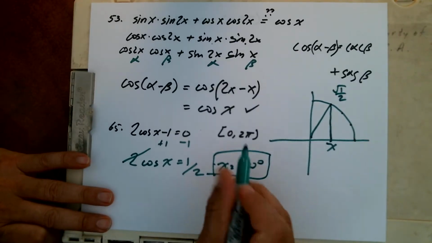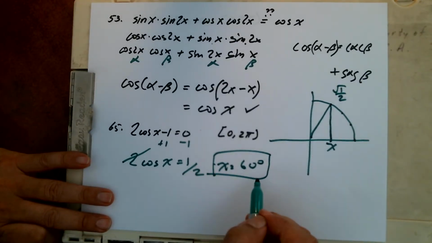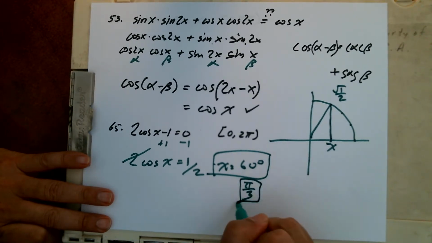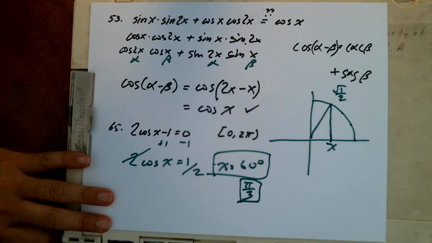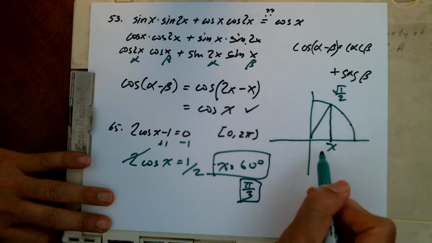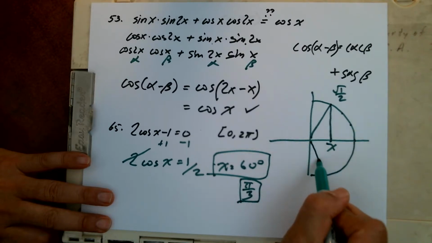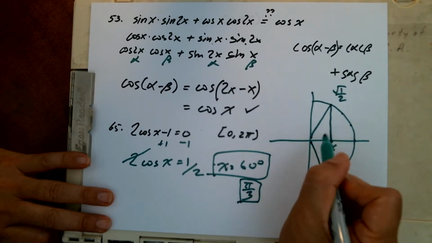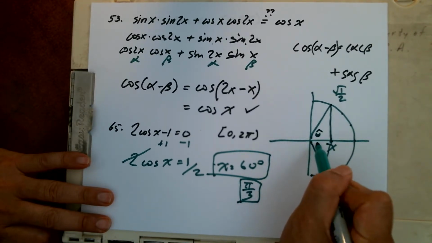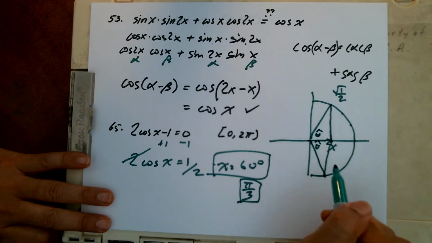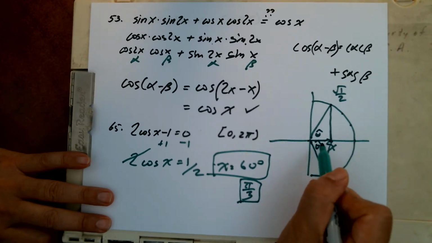If you want it in radians, because they want it in radians right there, 60 degrees in radians is going to be pi over 3. Okay, the next one also is going to be in quadrant 4 as well, right here. It's going to be the same angle. This way here is theta hat, because it's 1/2 this way, right? So it's going to be